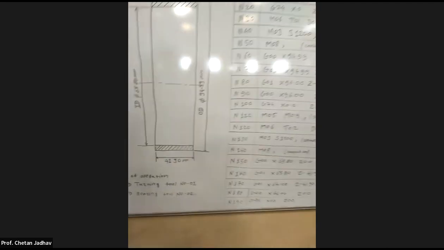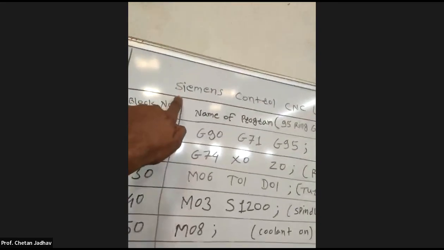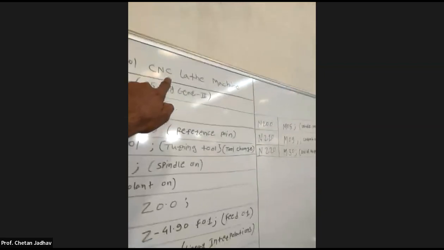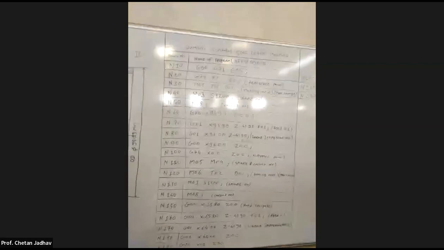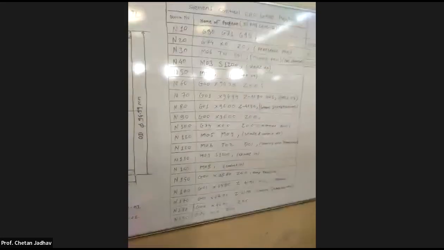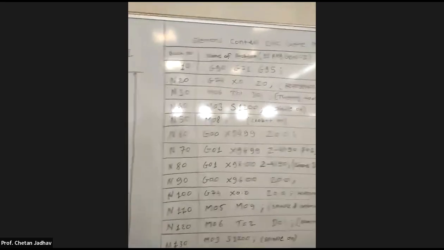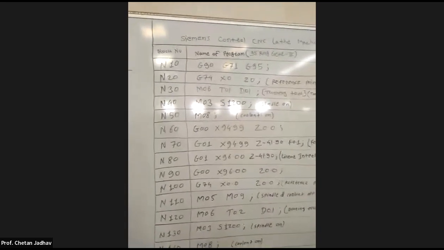This is the program where we have already learned how to write the part programming. Before that, you can see what is written here: Siemens control CNC, meaning in this CNC system they are using a Siemens controller. Already we have seen the types of CNC controller, that is Fanuc system and Siemens system. For Siemens system, there are different G codes and M codes. So according to that Siemens system, for the Top Gear job they made one CNC part